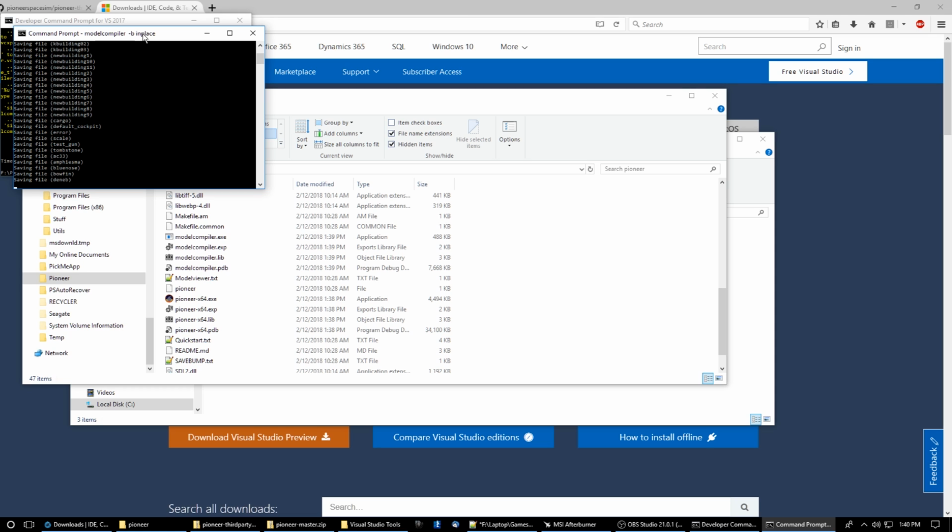That way, when the game starts, it doesn't have to compile them while it's loading every time you start the game. This shouldn't take too terribly long. These are all the ships here that it's going through. Now it's doing the stations, the orbital stations,